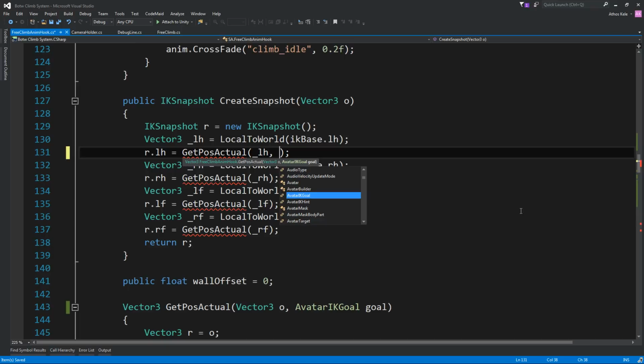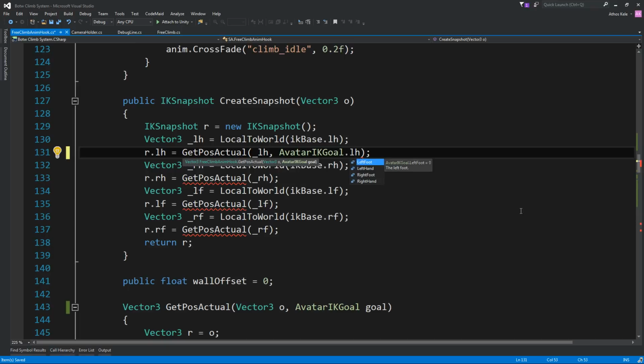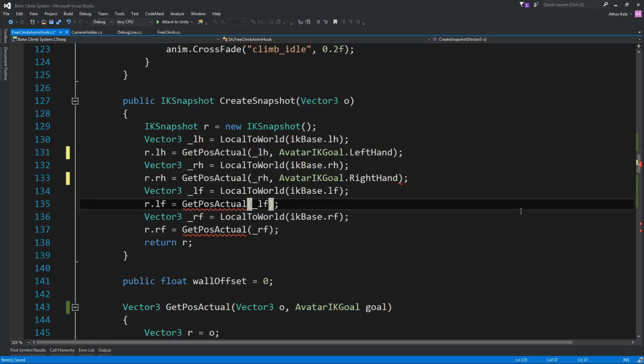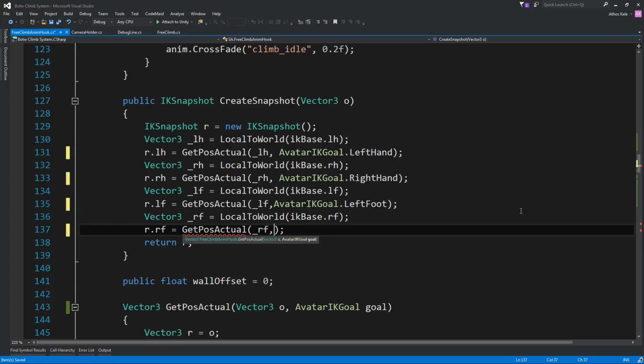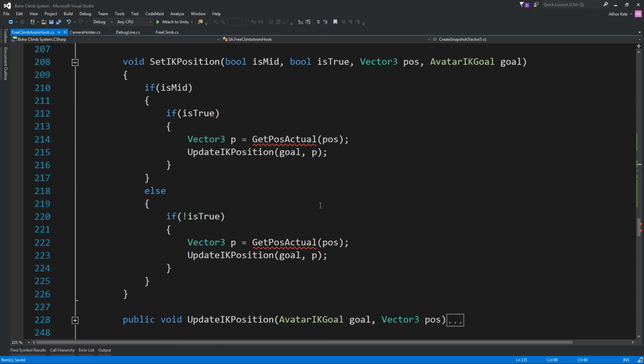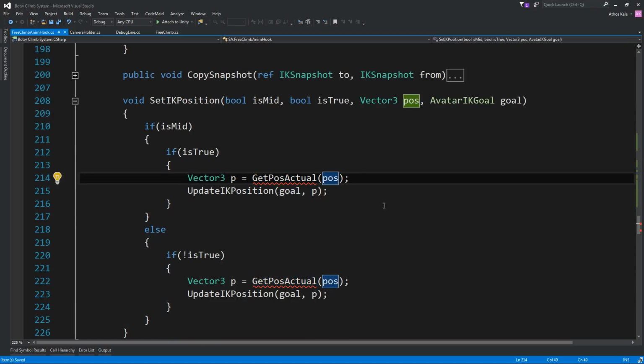So over here we can say avatar arcade goal, left hand, avatar gear goal, this is the right hand. Left foot, and then avatar gear goal, right foot. Okay, save. Let's see the next. The actual position. Again over here, avatar gear goal. Just the goal we have above.